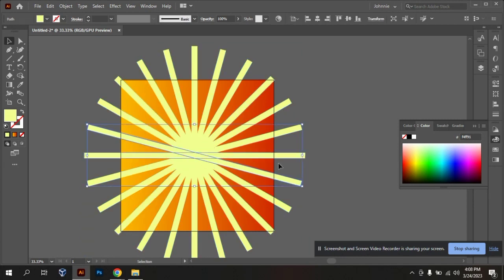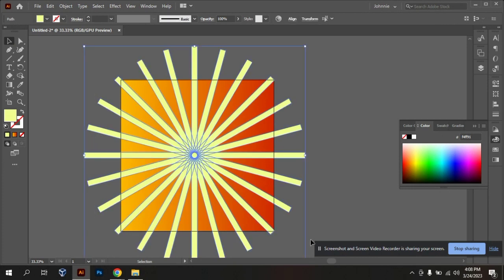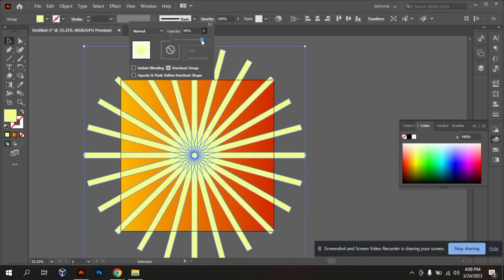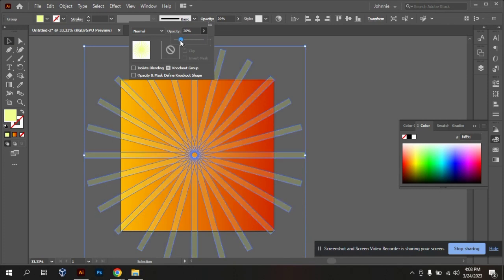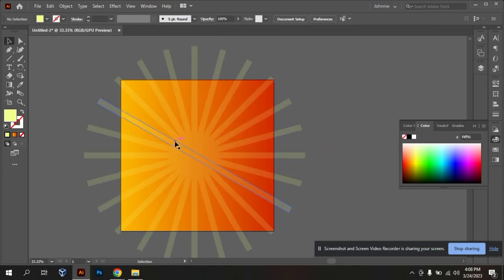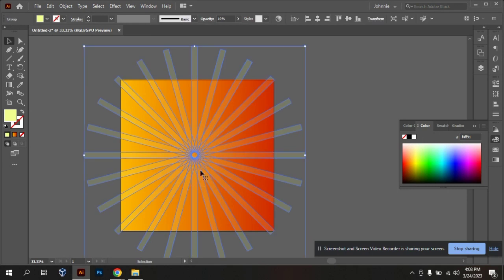What I need to do is to group it together. Good. Then make use of my opacity panel now to reduce the transparency. So can you see now? Have you come across a background like this? Okay, so this is showing you practically how to create something like that. Okay, so this area is actually too big, but yet we can do something. So you can decide to cut out that part and make it